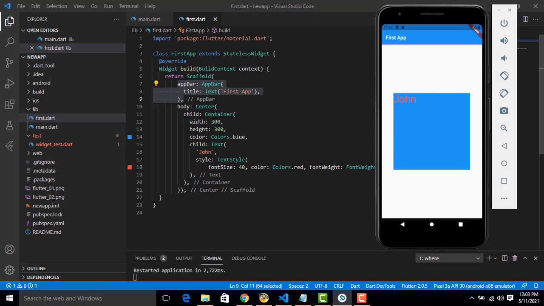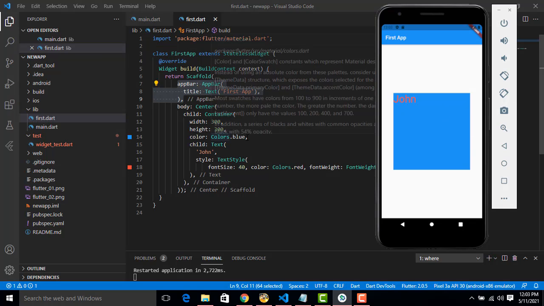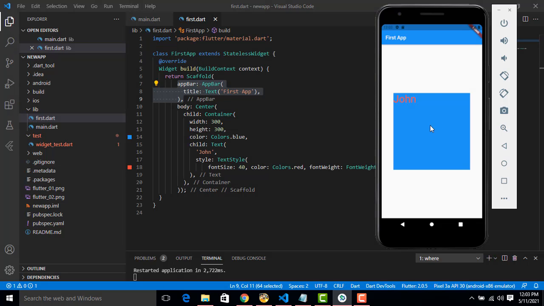We have the first style widget. I have created a container. This container means this is a container. Body is the container. Here I have set the body as center, meaning it is coming to the center of the screen. We have to give the style container, width should be 300, height should be 300, meaning this is the width and height of this circle, right? Okay. The color I have given is blue, meaning this is a background color blue.